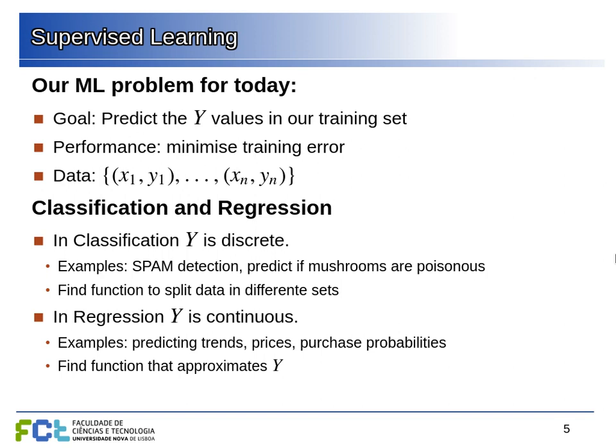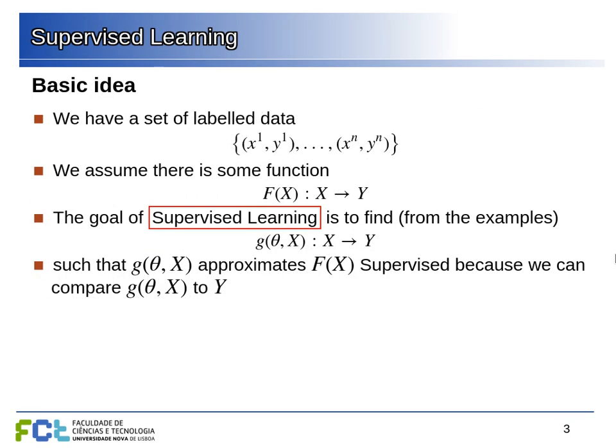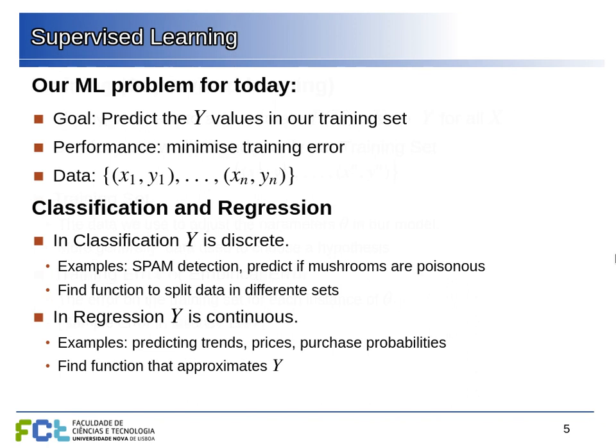So if the y is continuous, which is what we're going to see now, we are doing a regression because we're trying to find this function g that approximates some function in a way that our predictions are as close to the target values as possible. So we can imagine that we have those target values that we know, pulling our predictions toward them, and we're trying to fit everything as close as possible. This is a regression problem when we're trying to predict something that is continuous.